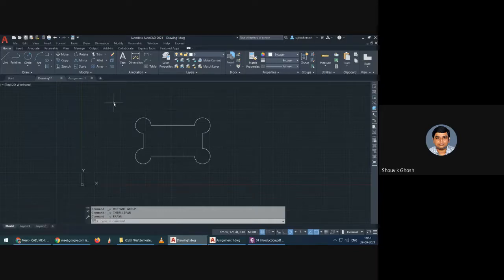So if I select the offset and select all the parts of this object and select the offset value, then as you can see, specify offset distance. So suppose the offset distance is 20. So what it will do, it will just create a copy of the whole thing away from the object like this.